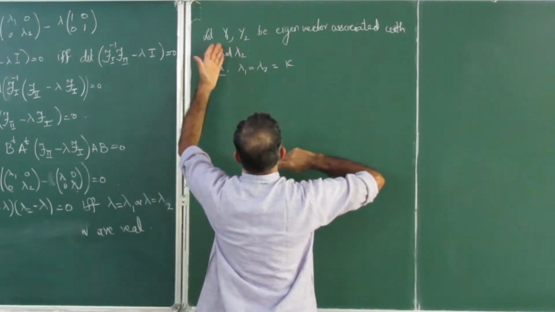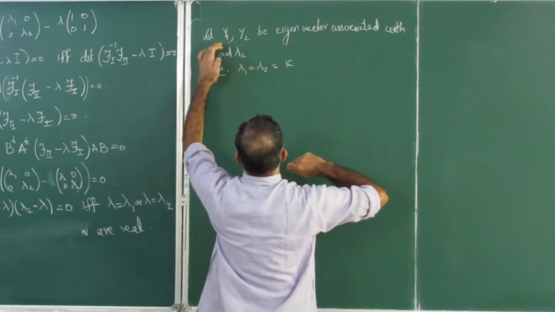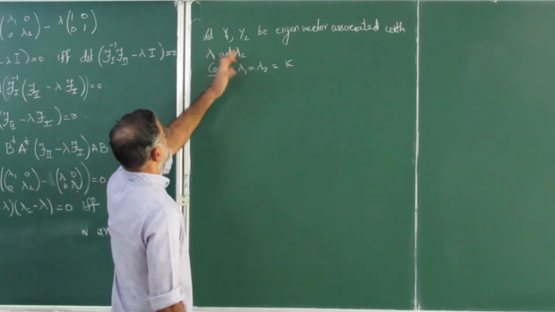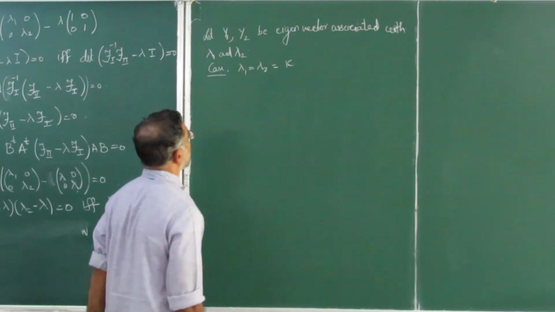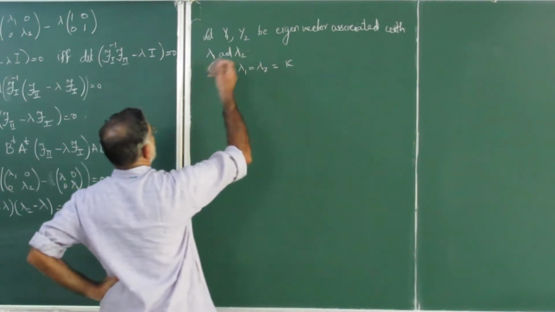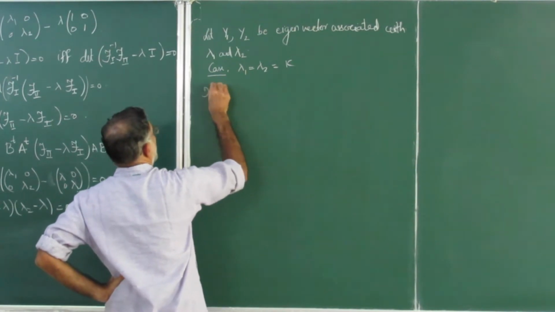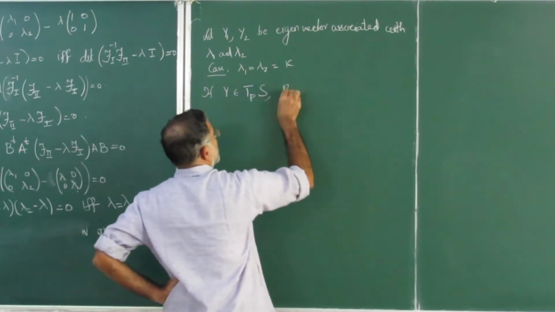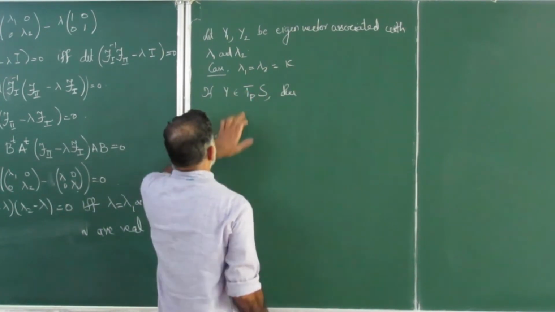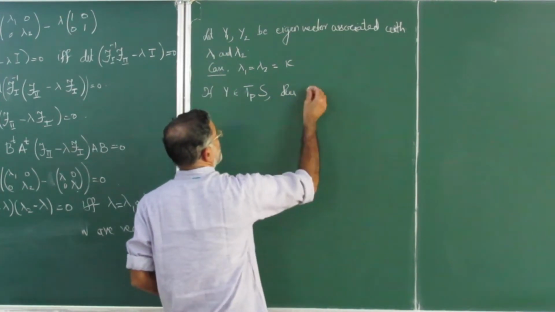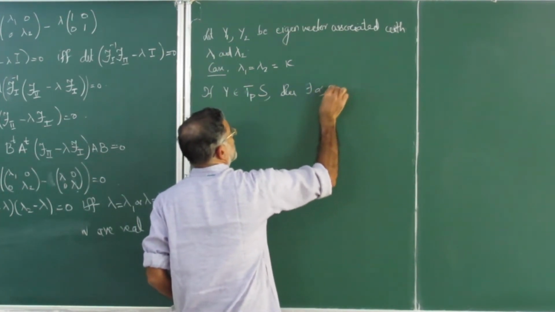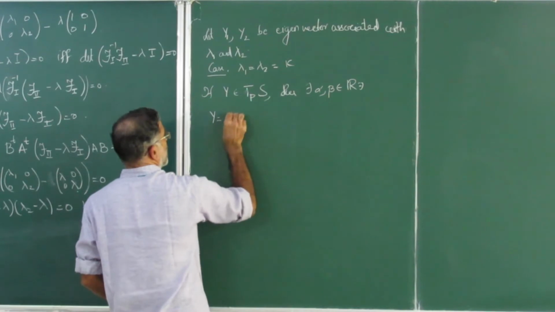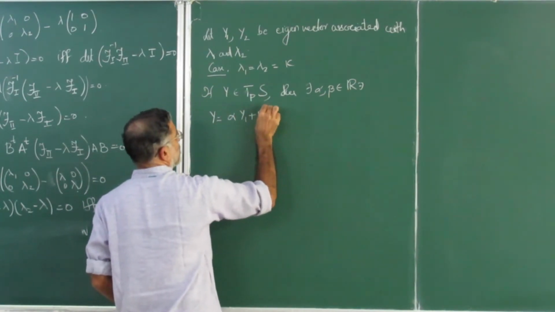because these eigenvectors we can assume to be linearly independent, because we started with two different eigenvalues, then they are linearly independent. If they are the same also, you can always take two linearly independent vectors. So this is a standard linear algebra thing. If y is a tangent vector, then because this is a two-dimensional space and y1, y2 are linearly independent, we can always say thus that y is equal to alpha y1 plus beta y2.